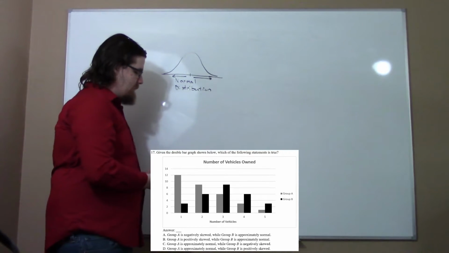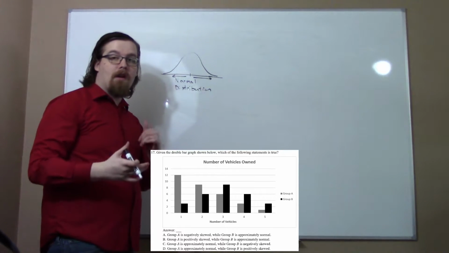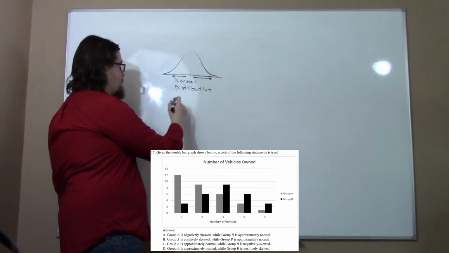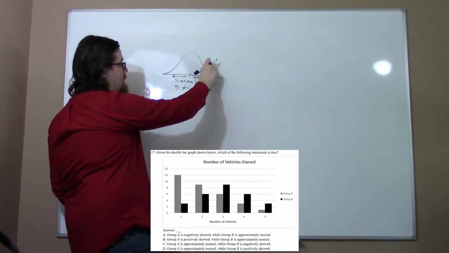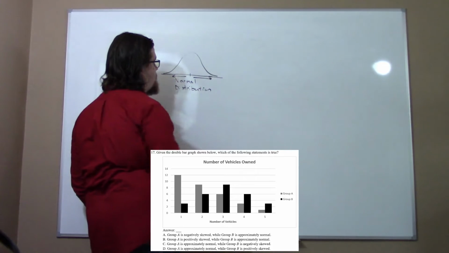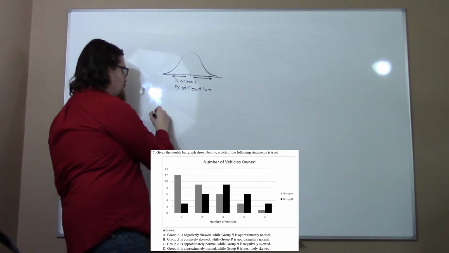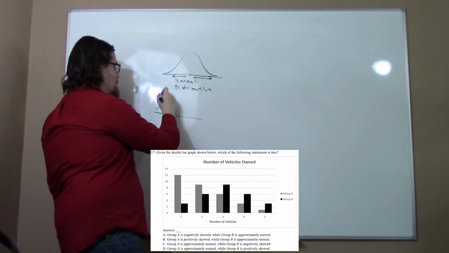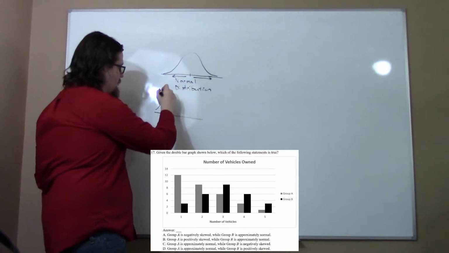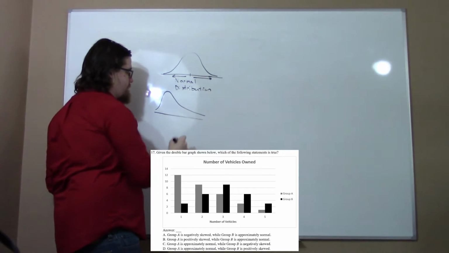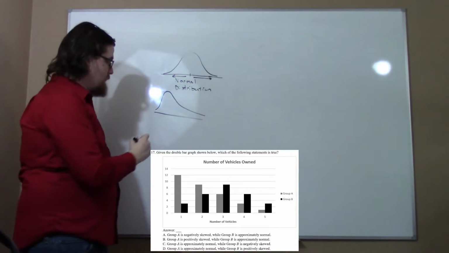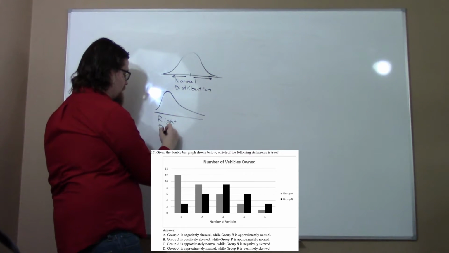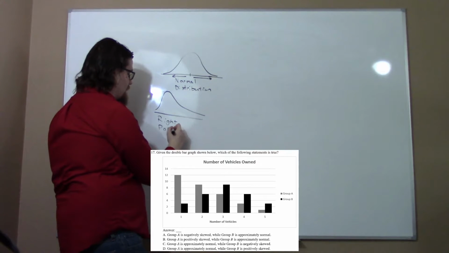A normal distribution, we can consider different variations on it. So one variation is, what would happen if we took this tail on the right and we pulled it out? Well, what we get is a skewed distribution. And in this case we would get skewed such that we have a very rapid rise on the left side, but then we have a long tail. And we call this skewed right or skewed positive because the tail is pulled out to the right or pulled